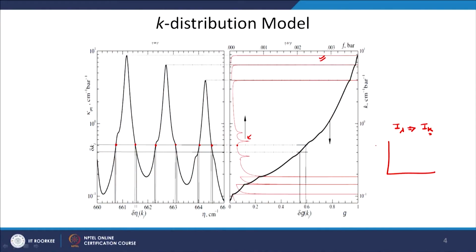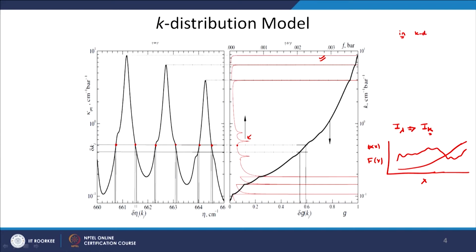Remember, in a probability density function you have a probability function which may be erratic, but you also have a cumulative distribution. For example, if I plot versus x, the probability distribution may look like this, but the cumulative probability function f(x) will always vary from 0 to 1 and it will be smooth. We discussed this point while discussing the Monte Carlo method also. So, the probability distribution or the spectral K distribution may be erratic, but if you take the cumulative distribution then it will not be erratic.